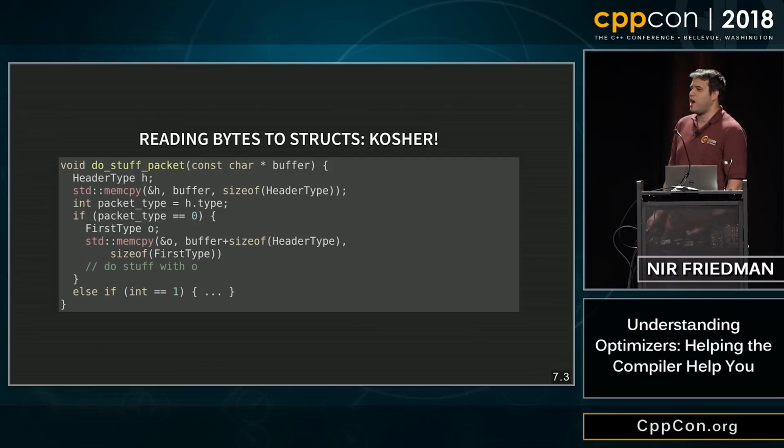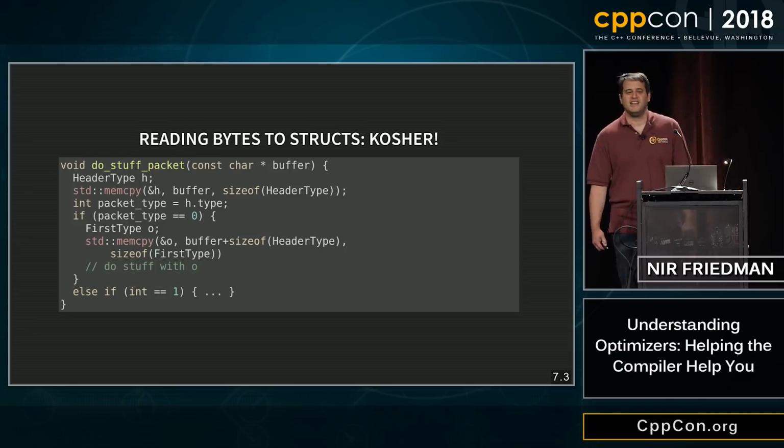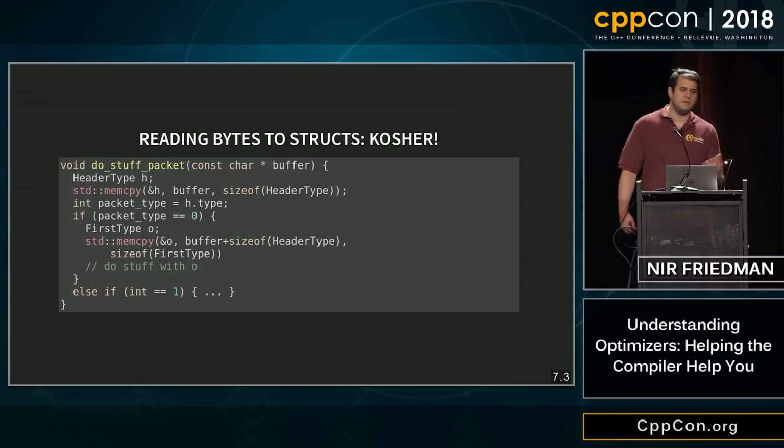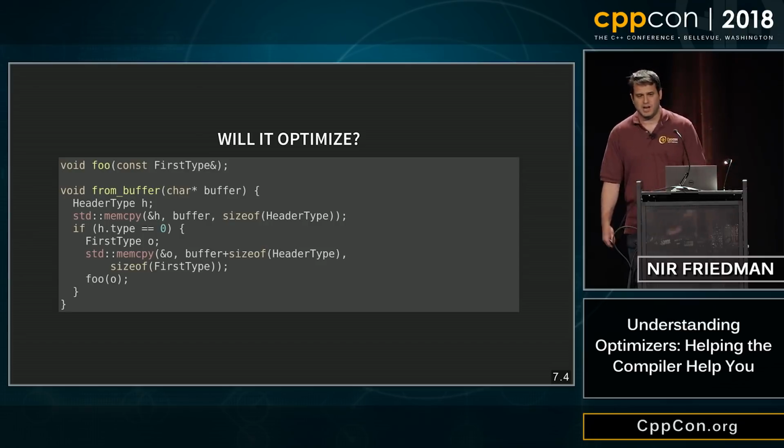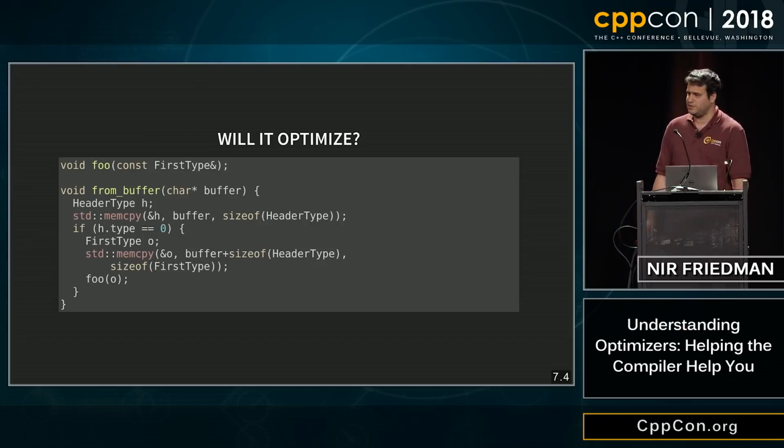Okay, well, memcpy is doing stuff, right? Now, if you talk to people, one of these trite, generic observations that people will make that I really dislike is they'll say, oh, but the memcpy will get optimized, right? So I hope by this point in the talk you're too suspicious to just accept the idea that the memcpy is going to get optimized. So here's an example I can actually feed the compiler. So header type and first type are just basic structs with a couple of int and double fields, nothing special.